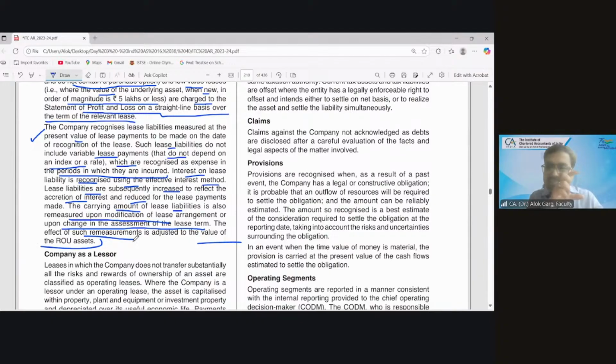When I am preparing a schedule, that is not the schedule of your ROU asset; that is the schedule of present value of future lease payments. And that present value of future lease payments is the lease liability. And your ROU is equal to your lease liability plus